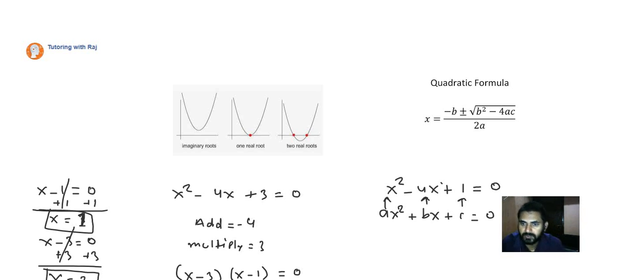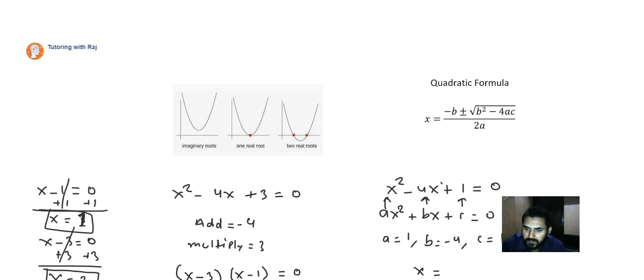You can see that the quadratic formula, which is minus b plus minus square root of b square minus 4ac over 2a. So when we compare here, we got the value of a as 1, since there was no number, which means that's 1x squared, and b was -4 and c was just 1. So if we try to solve for the x, then we are going to get